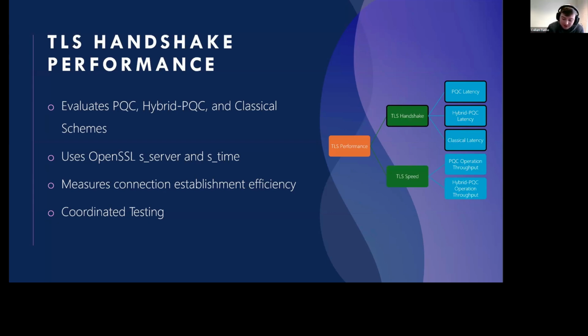This will then run as many connections, TLS handshakes, as possible within a defined testing window. And from there, we're able to see how efficient we are and how many handshakes we can do within that time. The biggest selling point of the framework in this type of testing is the automated coordination. When we have two physically separate devices, we need to be able to coordinate the testing between the two, including which combination we're on, if there are any failures or retries that we need to do, when to start and stop, etc. And this is all handled by the framework itself.